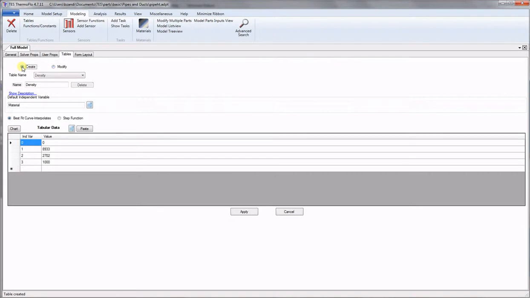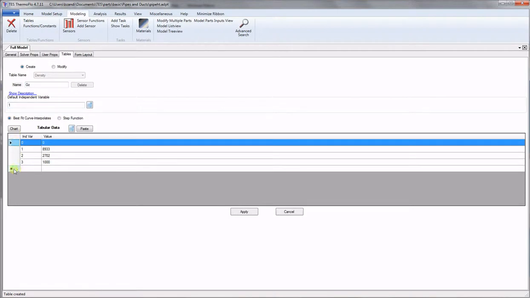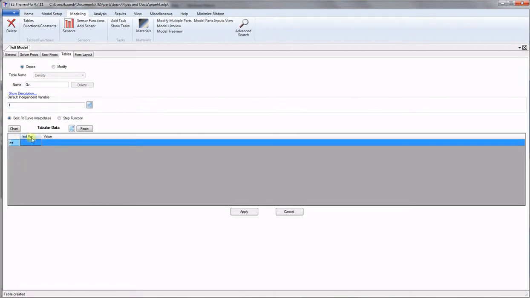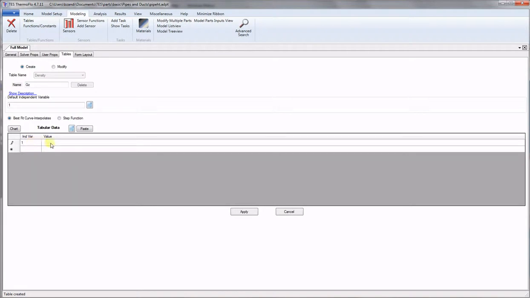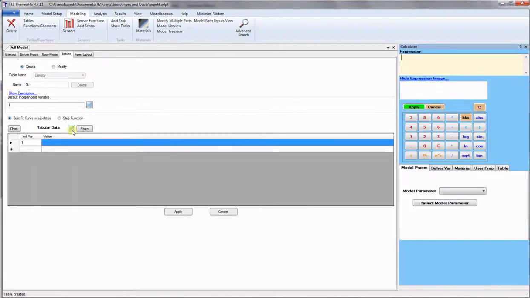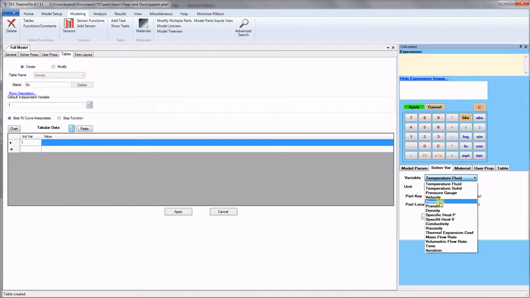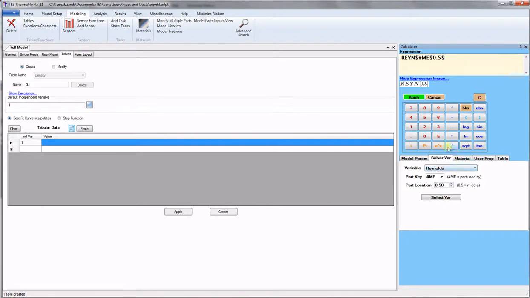Okay, now let's go ahead and define our functions and tables. The first thing we want to define is the Grates number, and it's not a function of any user property, so for these cases we just put 1. So that's the function that's defined on its own. So we go there and we choose Reynolds number from the solver variables times the Prandtl number, that's also a solver variable,